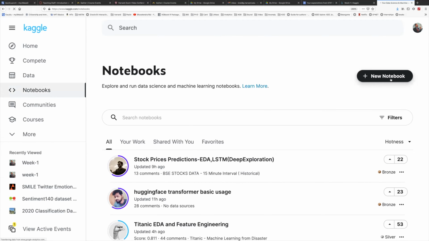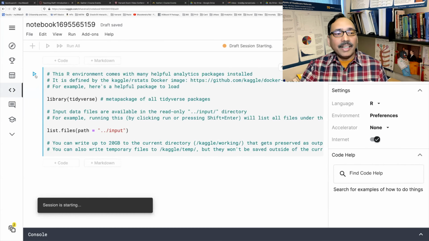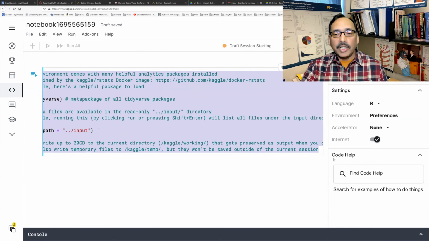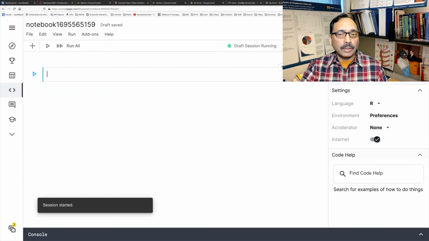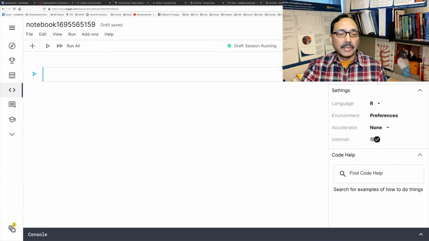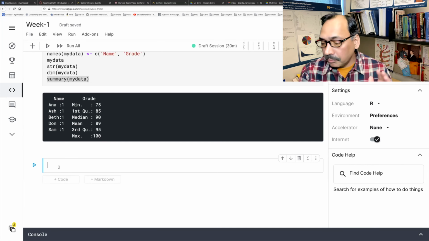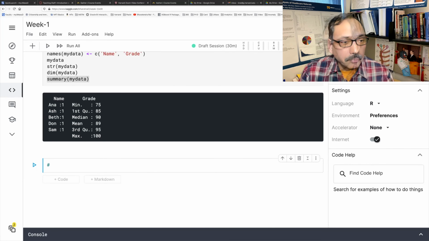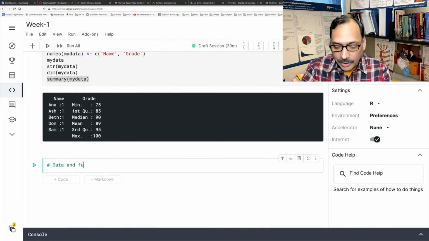And that took me to a blank template, and you just get rid of all the unnecessary stuff, and then you will see everything looks like what I have, except all the entries. But even if you start here, like what I'm going to do now, you should be fine. So in this block, I'm going to talk about some data, because statistics is all about data, and also some functions.